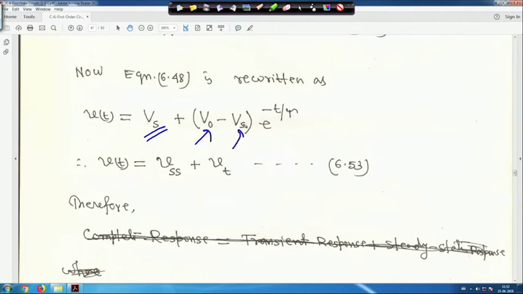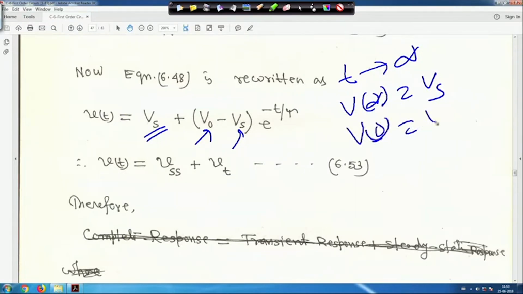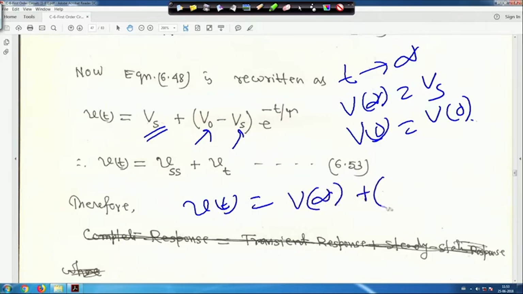Vs is your value as t tends to infinity, so V infinity is equal to Vs, that is the steady state value, and the initial value is V0. That means this equation for Vt I can write as Vs, the steady state value V infinity, plus V0 minus V infinity,